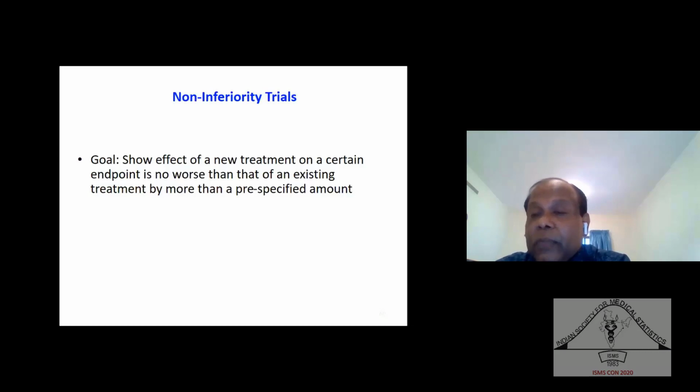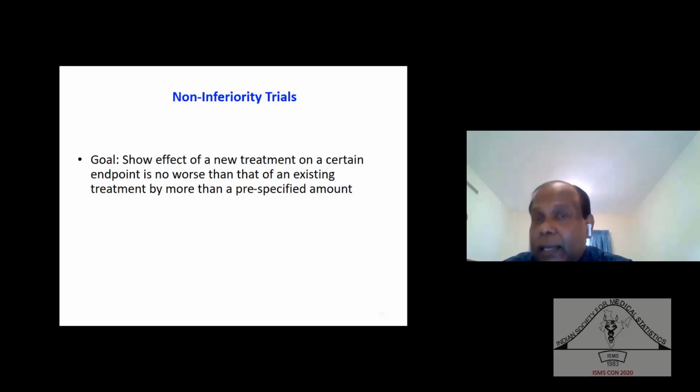What we are saying is, I know they are inferior, but not so much inferior. That is where, when you say so much inferior, you bring in a margin. As long as the difference is within this margin, I am happy to accept them as non-inferior. If they exceed that margin, then they are inferior. Okay, this is a very important concept. Between two interventions, one has to be inferior. The well-boiled cow milk is expected to be inferior, and therefore is a good situation where you can